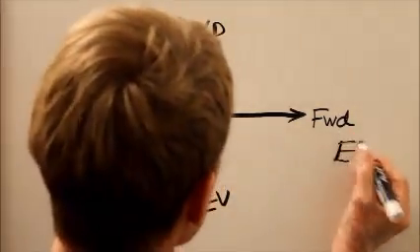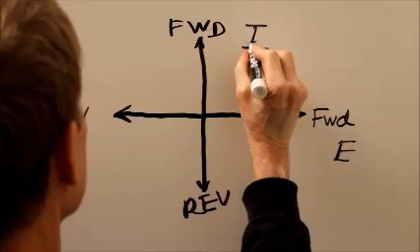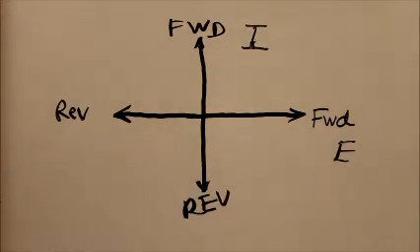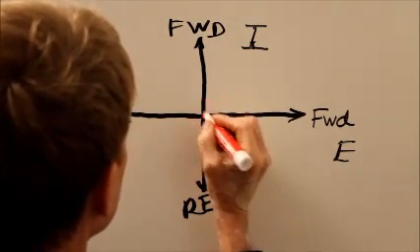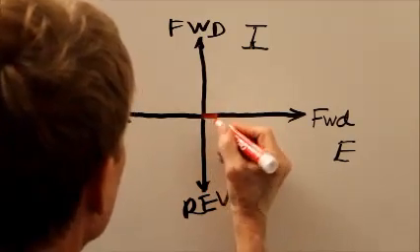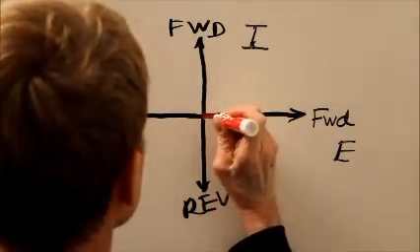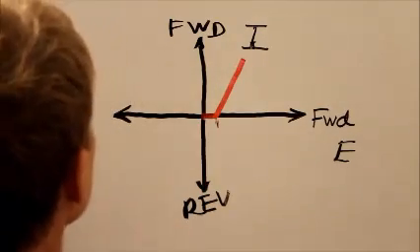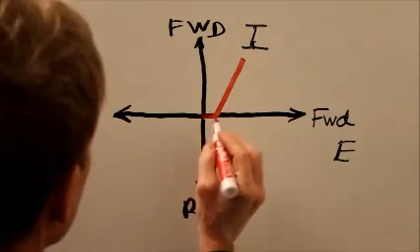We'll call voltage E, current I. So this is forward bias and that's reverse bias. A typical silicon diode will start out with no current up until we get to the forward breakover point. Then we'll see an abrupt increase in current, which increases as we continue to increase the forward voltage,